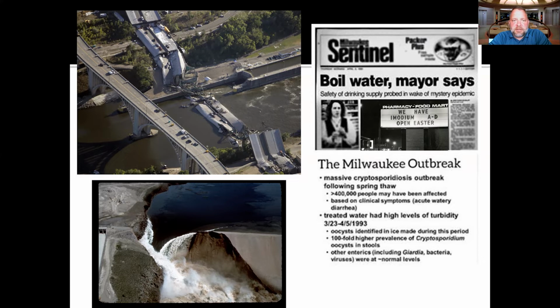And then during rush hour, of course, it has to be the worst time. During rush hour, the whole thing came tumbling down. And I don't remember how many fatalities there were, but it was significant. You can see up on the bottom left there is a dam failure. And I think that's one that was in Idaho. Not as many human fatalities, but somewhere on the order of 100,000 cattle were killed because of that dam failure.